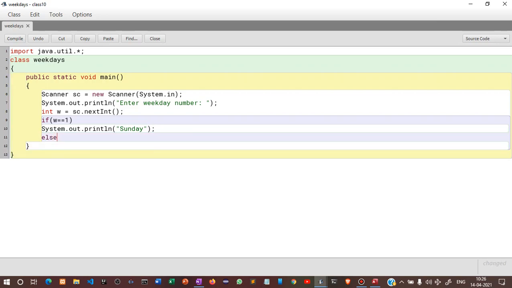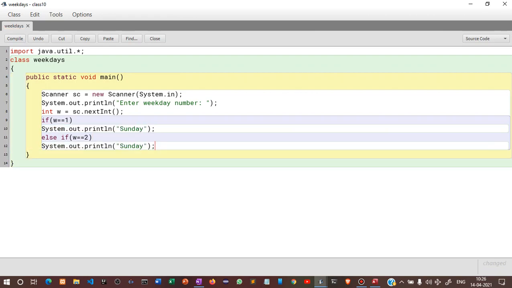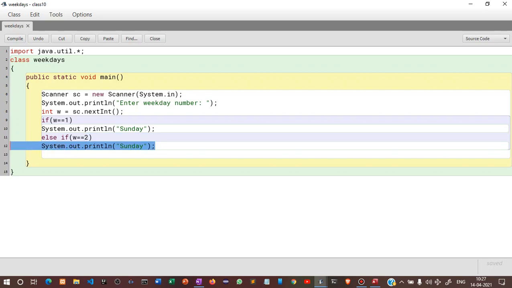Then else if: after if, when you have another condition to add, we will use else if. So else if week equal to 2, then we will use the same thing. Since it is a repetitive task, I will copy the same thing for the next few times.